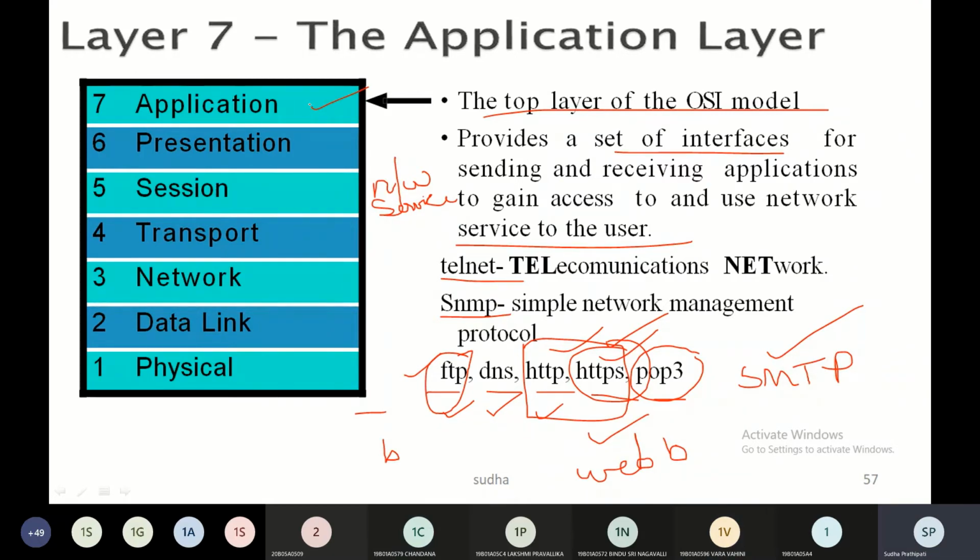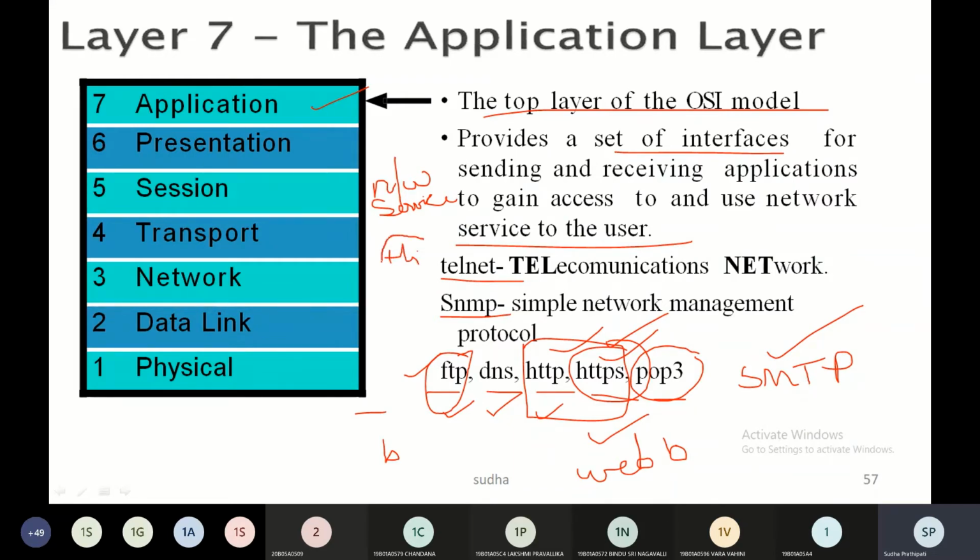Okay. Now what happens is the data that is taken from the user, by using these protocols. I said we are transferring "hi", right? So this is a message that we want to transfer from the sender to the receiver.